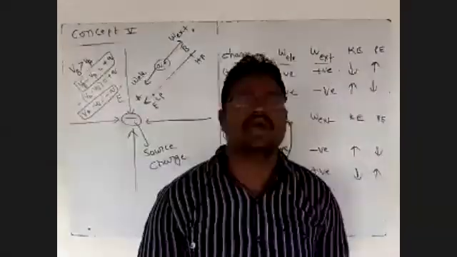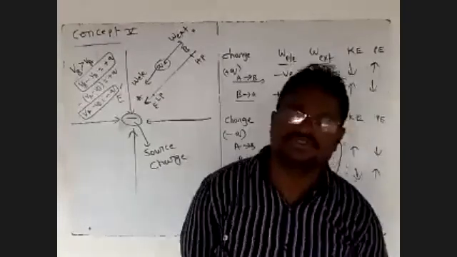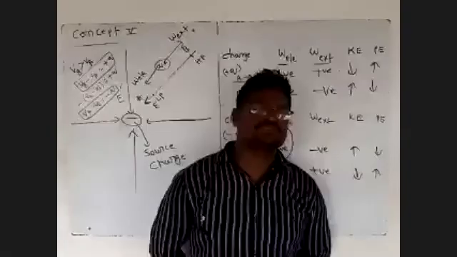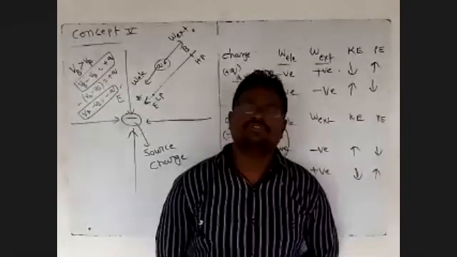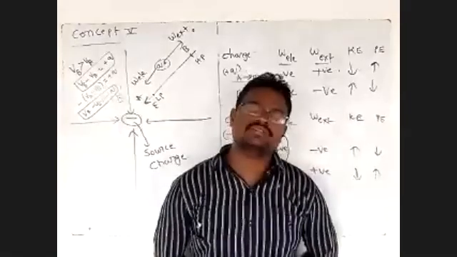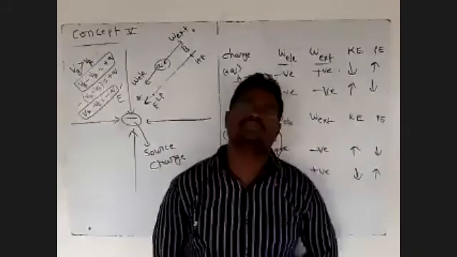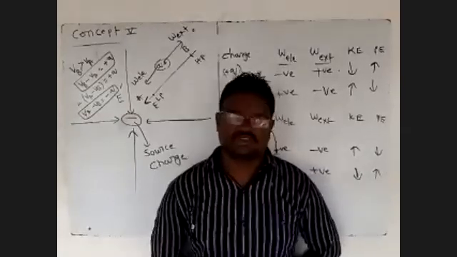Heat flows from a high temperature body to a low temperature body. Fluid flows from high pressure to low pressure. Positive charge moves from high potential to low potential, and negative charge moves from low potential to high potential. When a charge moves from one point to another point in the electric field, there exists an electric potential difference between them. Next one is positive charge.